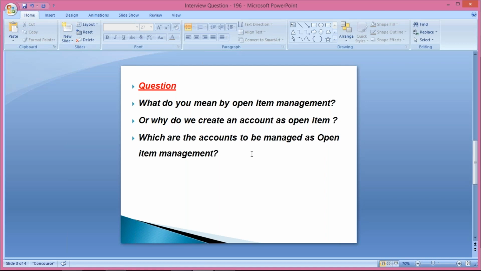Now, which are the accounts to be managed as open item management? So here, first of all, the bank clearing GLs. I know that you all are SAP practitioners, so you might remember the bank reconciliation configurations, whether it is manual or EBS, whatever it is. Let's suppose there we create an incoming bank account, that is a clearing GL, and an outgoing bank account. Whichever bank clearing accounts are there, those are going to be set up as open item